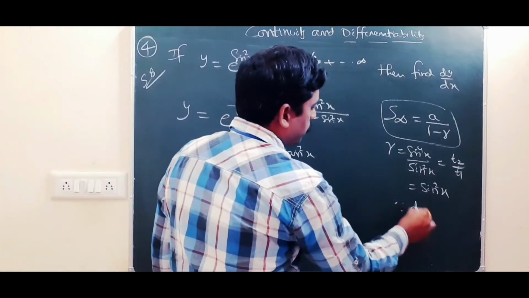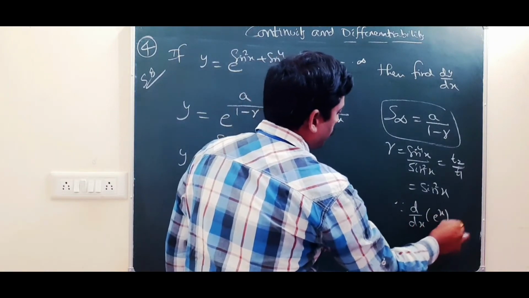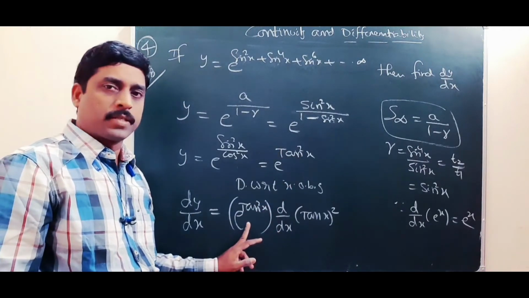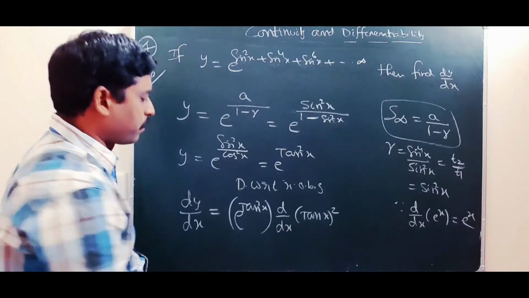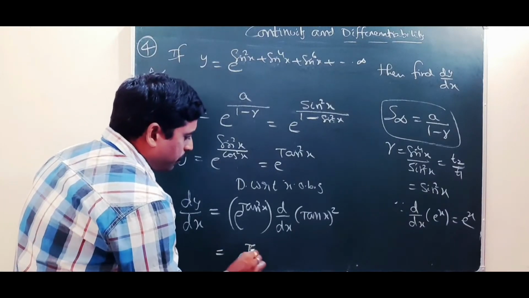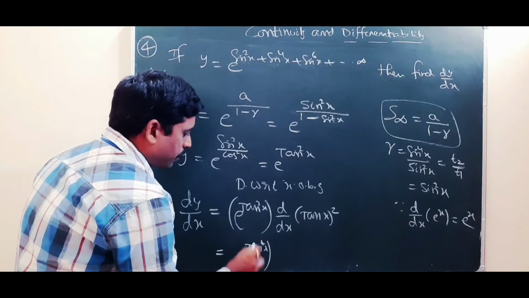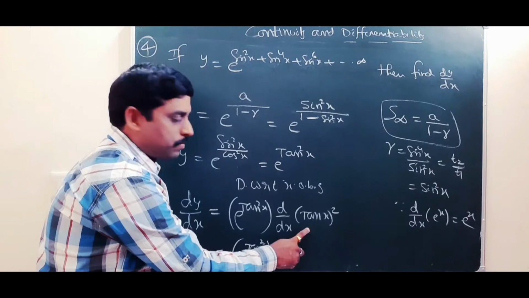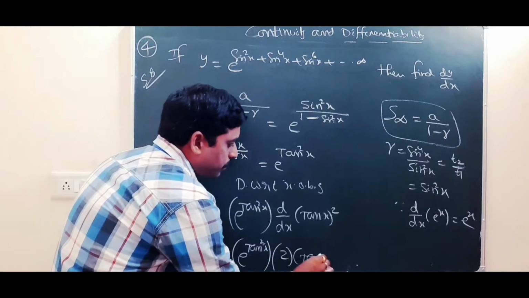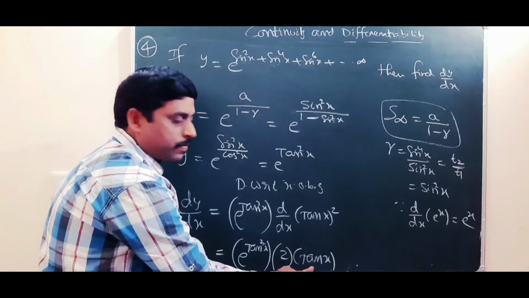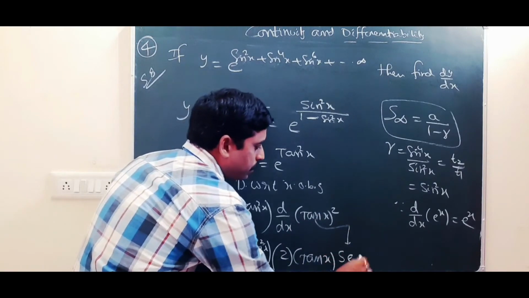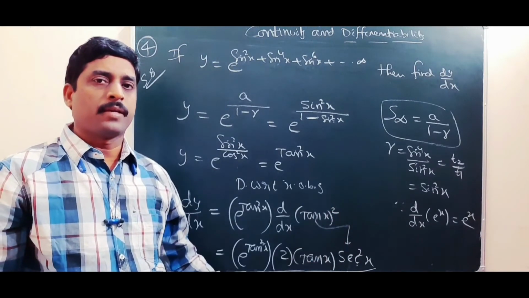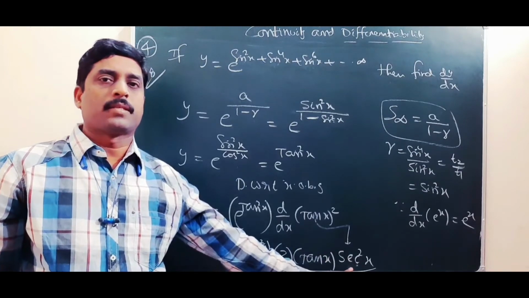We have derivative of e to the power x is e to the power x. So differentiation of e to the power tan square x is e to the power tan square x into d by dx of (tan x) whole square. So this will be e to the power tan square x into, okay, differentiation of (tan x) whole square. By using the x to the power n formula, 2 into tan x to the power 2 minus 1, that is 2 tan x. But derivative of tan x will be secant square x. So differentiation of (tan x) whole square is 2 tan x into secant square x.